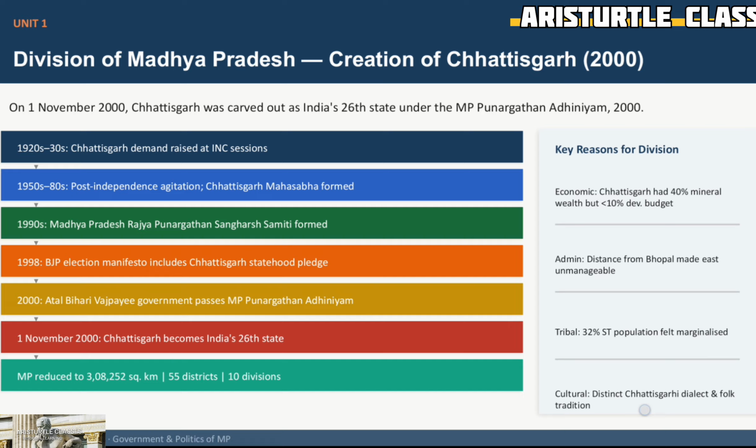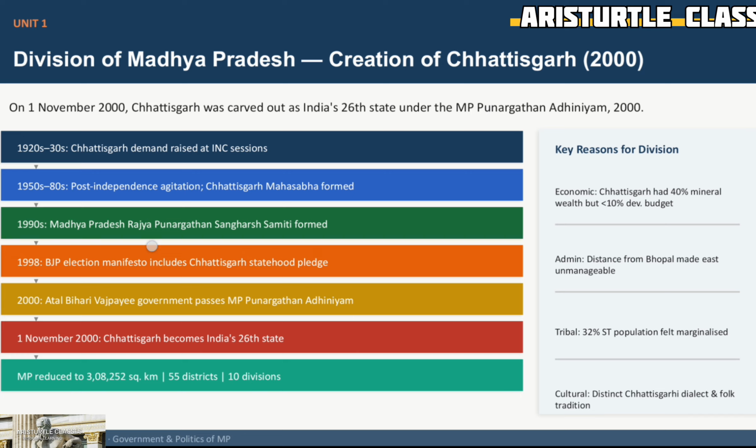There was a popular demand for creating a state known as Chhattisgarh because Chhattisgarh people find themselves close to the identity of Chhattisgarh. Also, there is a huge tribal population which has different interests. So the demand of Chhattisgarh was very natural. Also, Chhattisgarh was having around 40% of the minerals of the larger MP-CG state, but it was getting only 10% of the budget. This was not a balanced, symmetric devolution of budget and revenue. That's why the demand of Chhattisgarh kept on increasing.